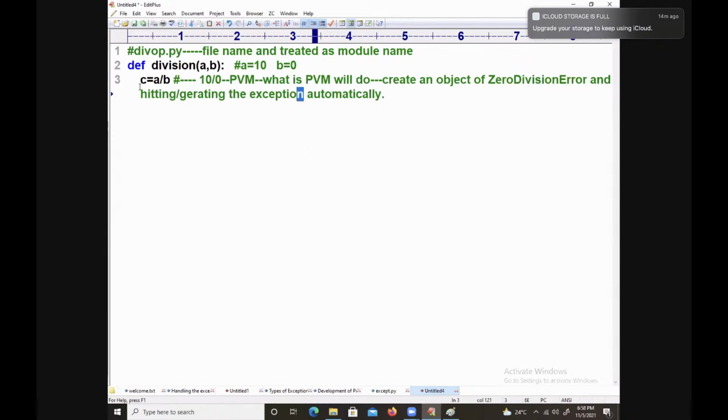Tell me, when the exception is occurring internally, what will the PVM do, my dear students? Come on, tell me. Yeah, quickly. It raises an exception, right or not?